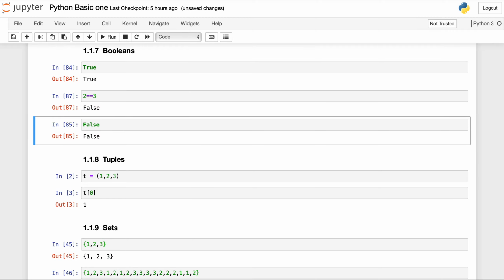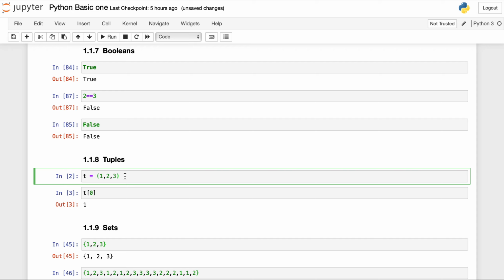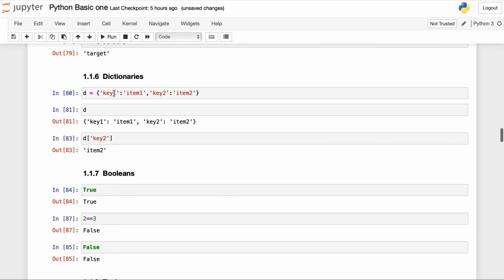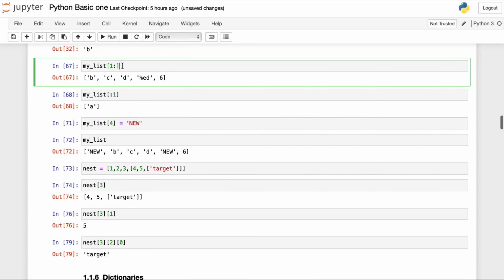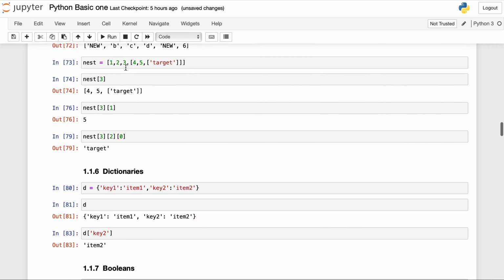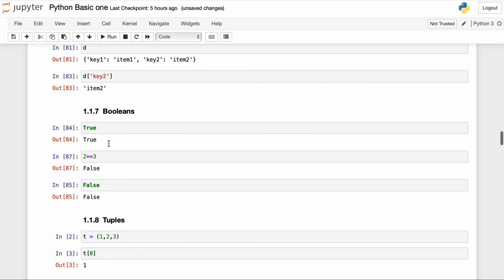Now tuples. Tuples are similar to lists, but tuples provide a lot of functionality over lists. Suppose I have declared one tuple t with 1, 2, 3. A list is declared using square brackets, but a tuple is declared using parentheses.